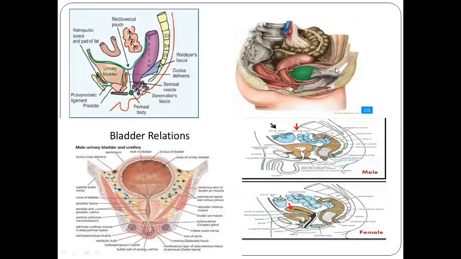Move forward. This is another picture, and this is a uterus which lies over the bladder in case of female. These are the loops of the sigmoid colon, and these are the superior relations, where the sigmoid colon and the loops of the ileum are, and this is the rectum. This is the rectovesical pouch in case of male. This is the posterior surface. This is the apex, which is attached with the median umbilical ligament. This is the neck, which is attached with the base of the prostate.